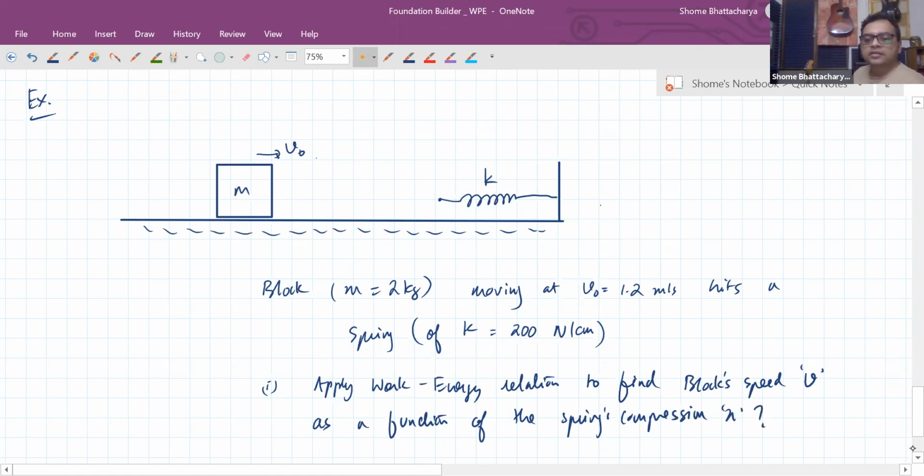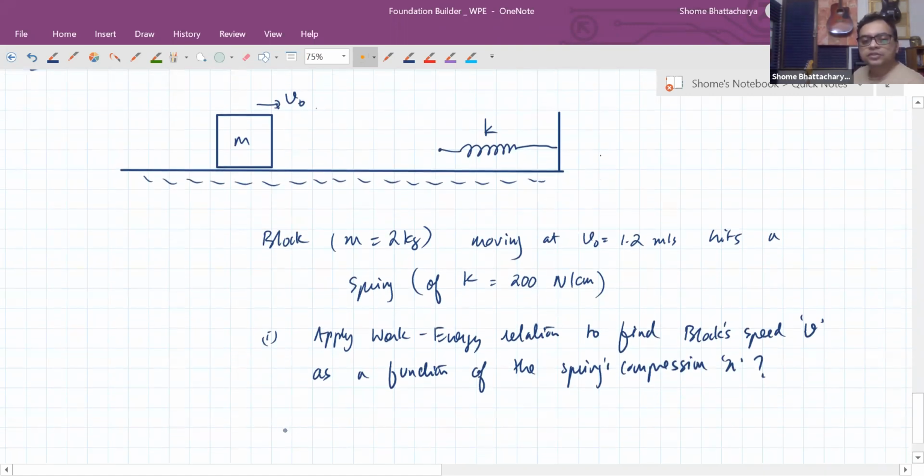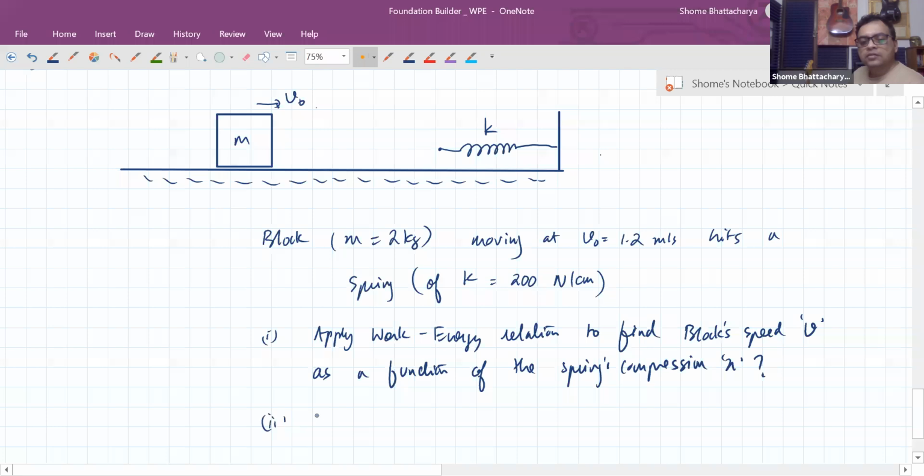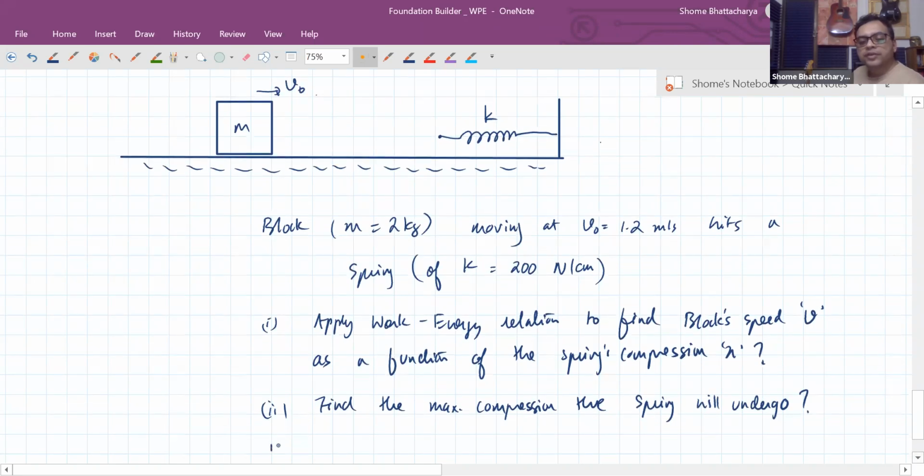And then thereafter we'll make use of this to find the maximum compression the spring will undergo. And then we'll find